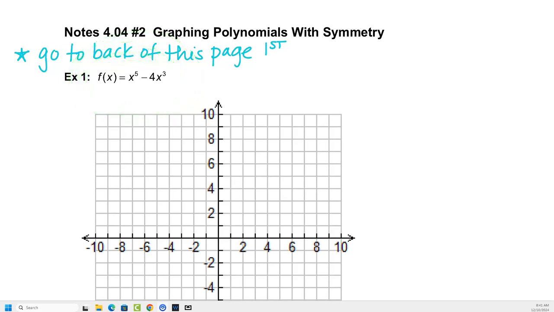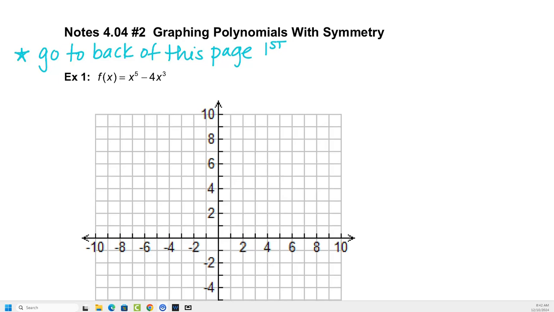It's an odd function, right? Both exponents are odd, so we'll write it down below, don't worry. And so therefore, it's going to have symmetry, right? What kind of symmetry does an odd function have? Not y-axis, but origin. Okay. Again, we'll write that into our notes, but let's go through the steps,